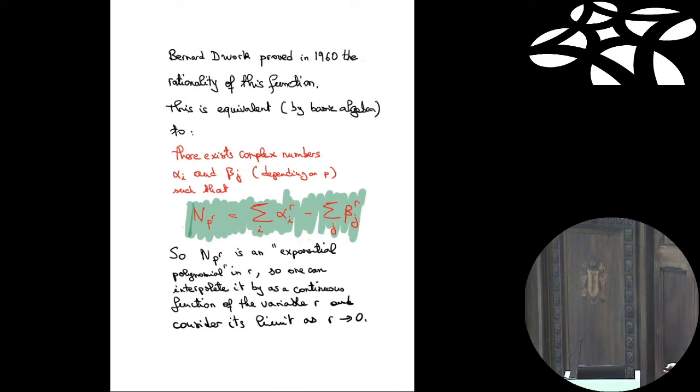And now, so you see, we know much more about how this number N_P^R depends on R as a variable. Before, we knew only that it was defined for positive integers, but here we have some reasonably nice functions of R. They may not converge everywhere on the complex plane, for instance, but you can do something. It's an exponential polynomial, and so one can interpolate it by some continuous function.